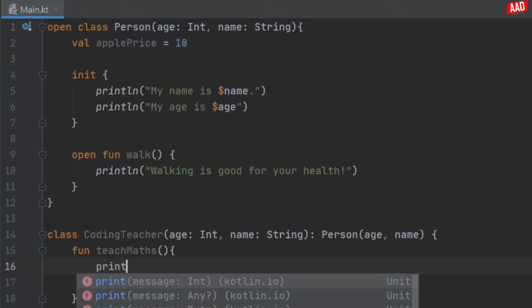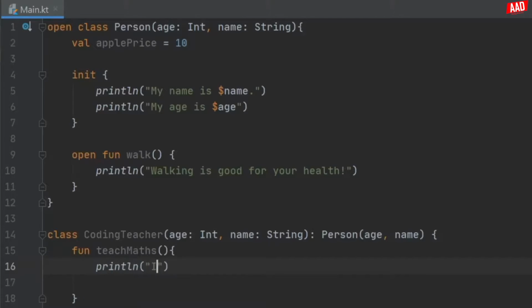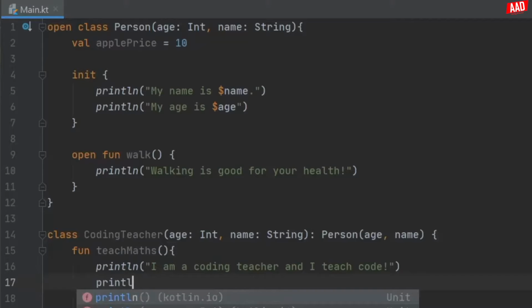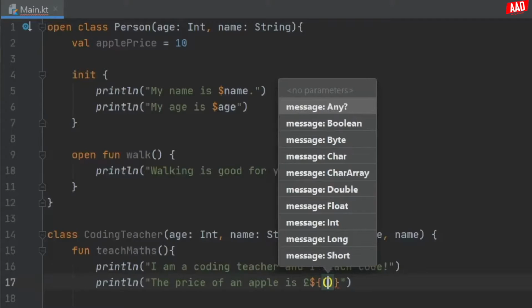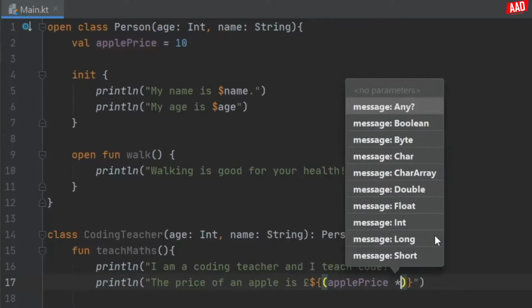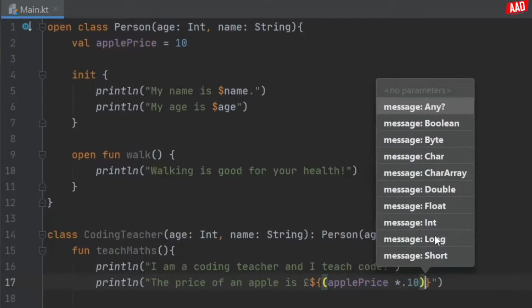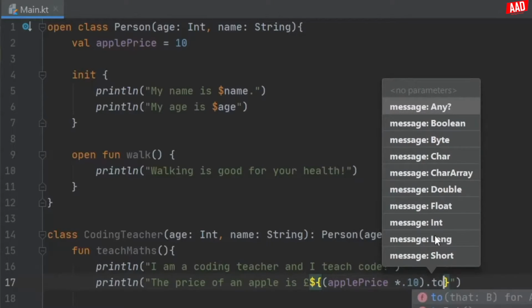Then we will add a few println statements. The first one's going to be "I am a coding teacher and I teach code!" And right below we can write println "The price of an apple is", we'll add this pound symbol, and we will add the dollar symbol to interpolate, and we will write a pair of parentheses inside, and then we can write applePrice, and we're going to multiply that by 0.10,